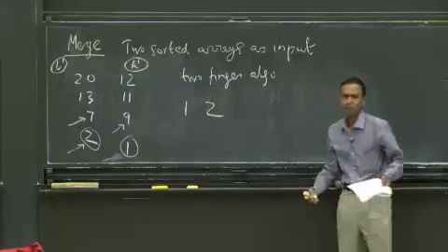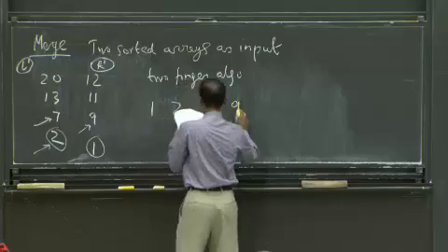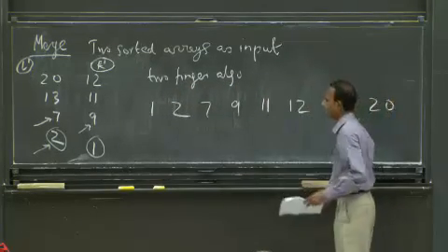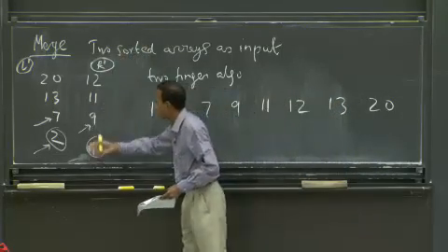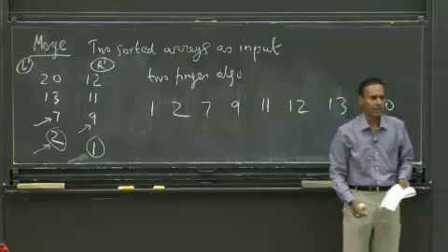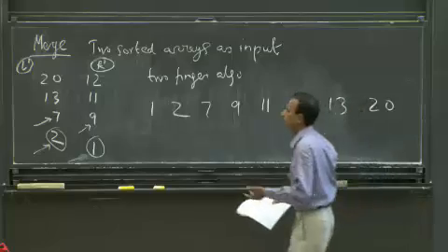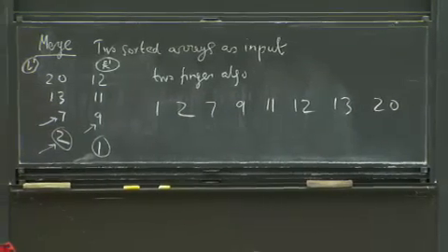It's essentially walking up: you have a couple of pointers, and you're walking up these two arrays, and you're writing down 1, 2, 7, 9, 11, 12, 13, 20. Okay? And that's your merge routine. All of the work, really, is done in the merge routine, because other than that, the body is simply a recursive call. I mean, you have to obviously split the array, but that's fairly straightforward.